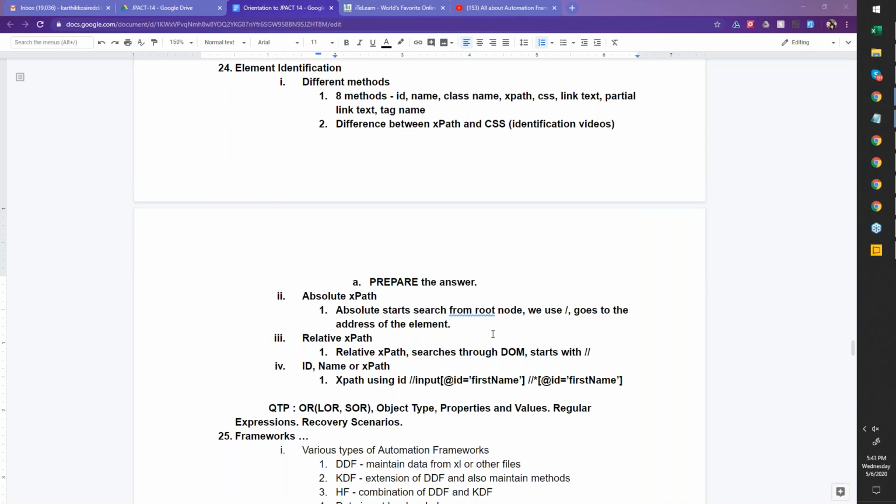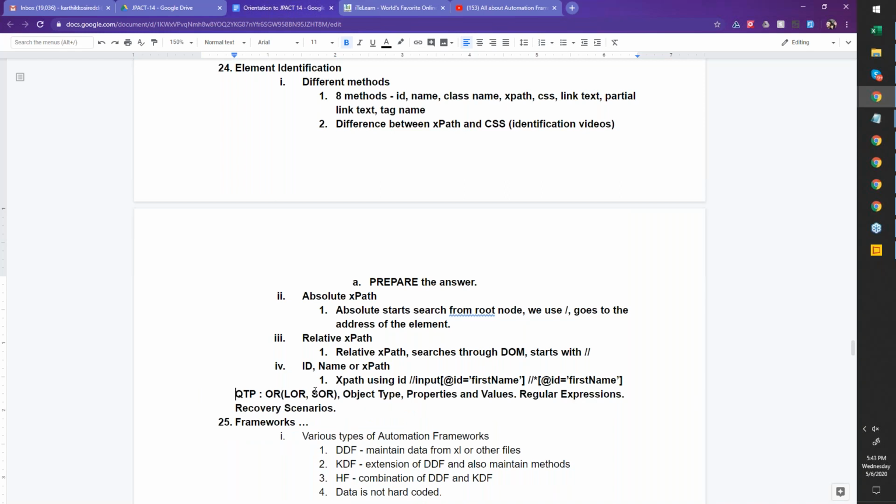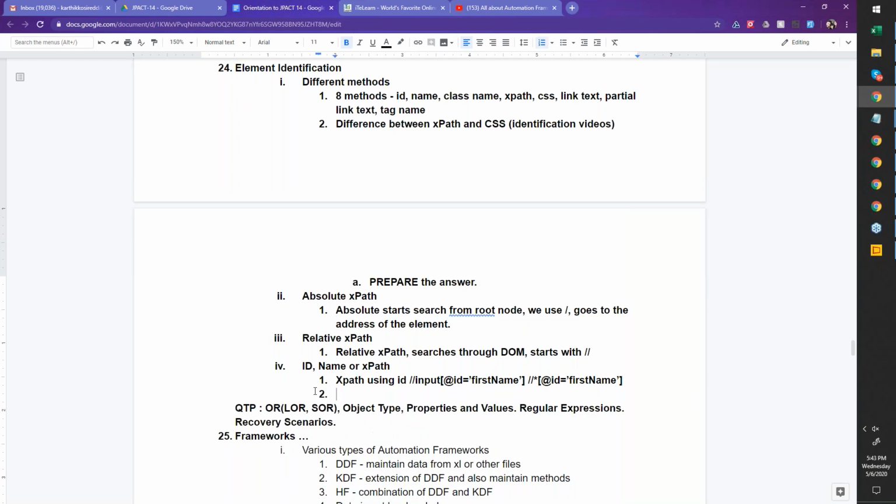So to handle those types of locators, we use three methods: starts-with, contains, and ends-with.